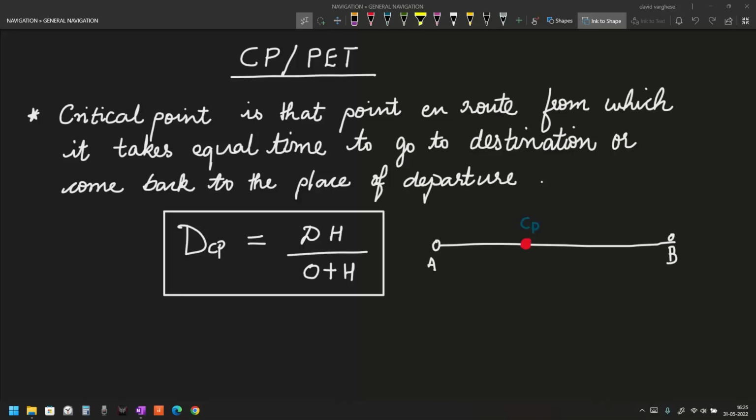In case of an emergency, in case of sudden medical emergencies or whatever it may be, the critical point gives a quantifiable distance up to which it is sensible to return to your departure airport rather than proceeding to your destination airport. Now the formula for critical point is: